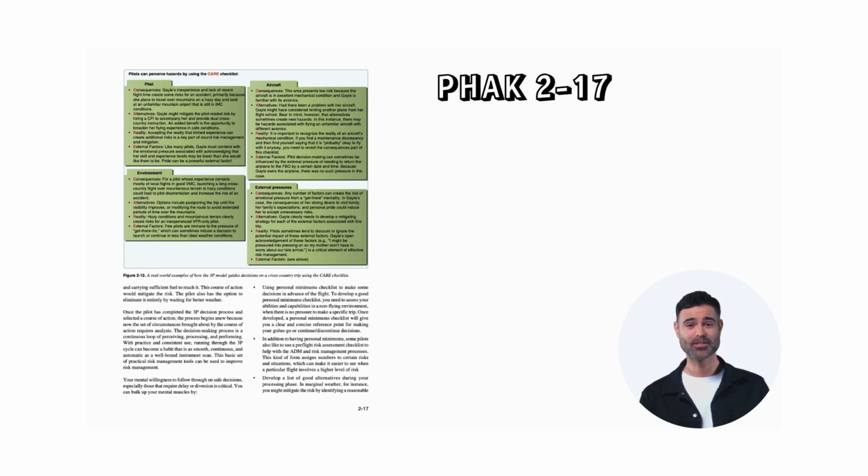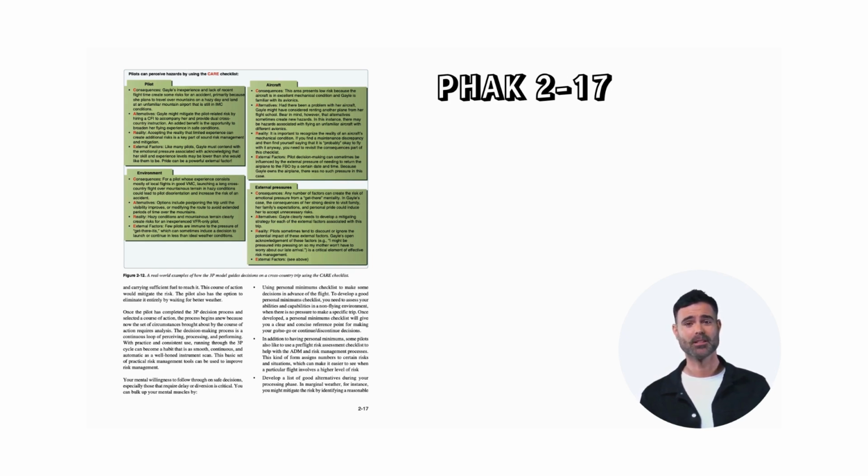Your mental willingness to follow through on safe decisions, especially those that require delay or diversion, is critical. You can bulk up your mental muscles by using a personal minimums checklist to make some decisions in advance of the flight. To develop a good personal minimums checklist, you need to assess your abilities and capabilities in a non-flying environment when there is no pressure to make a specific trip. Once developed, a personal minimums checklist will give you a clear and concise reference point for making your go, no-go,